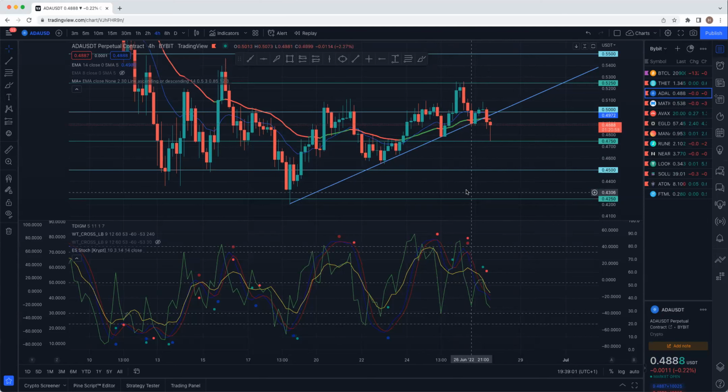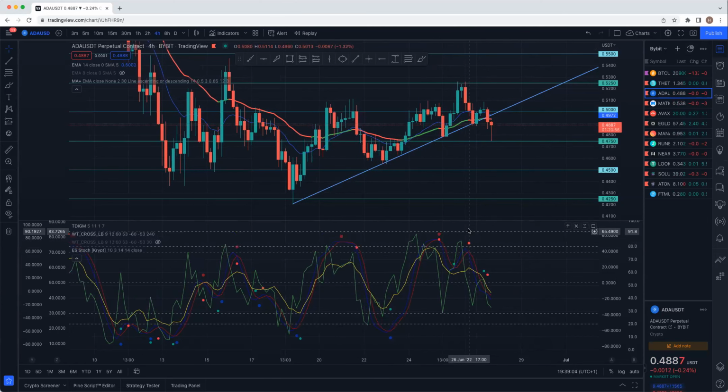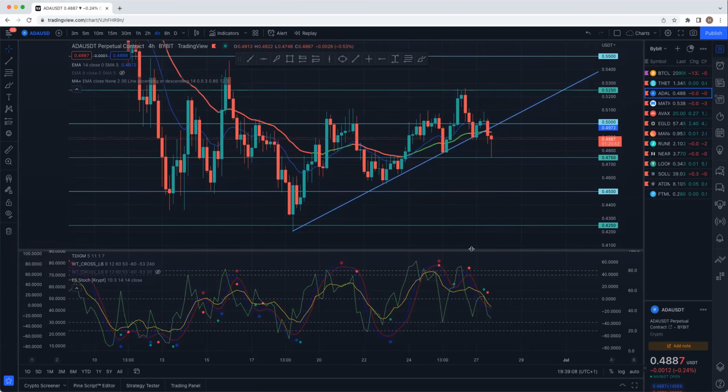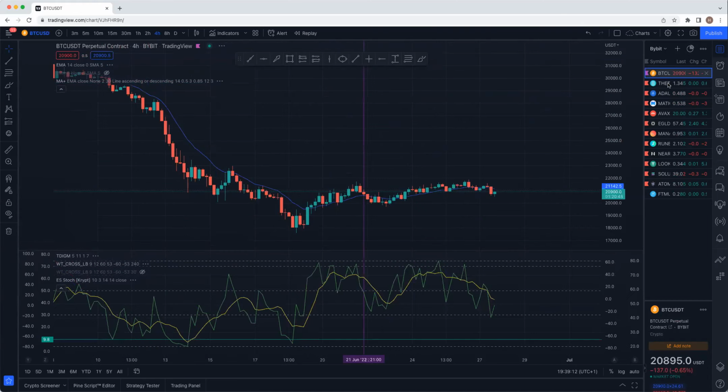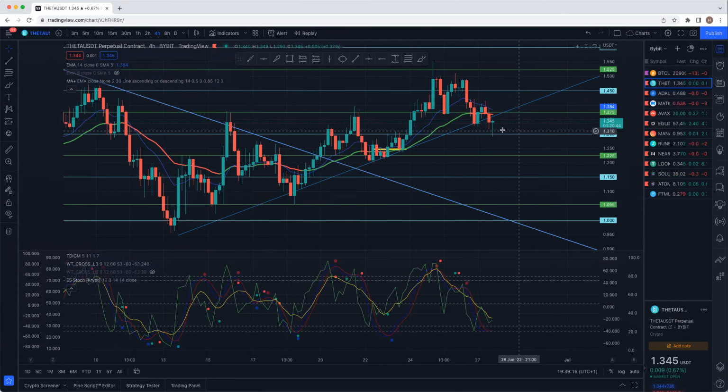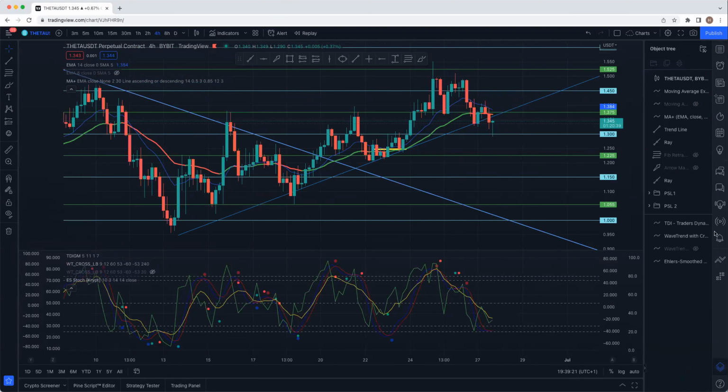Okay, fine. So last week we looked at certain psychological levels, and then we did some back testing here and there. I believe we looked at Bitcoin and we looked at ADA. I'm going to give you some other psychological levels briefly, and then you can just bring up the coins on your TradingView and put them on it.